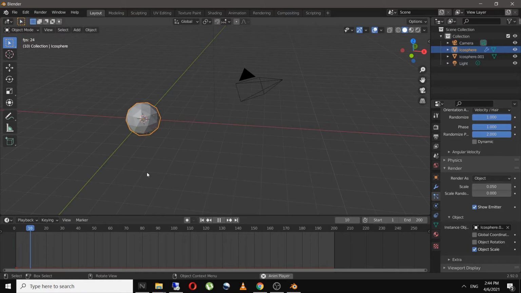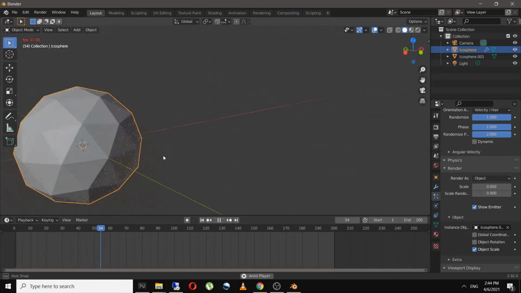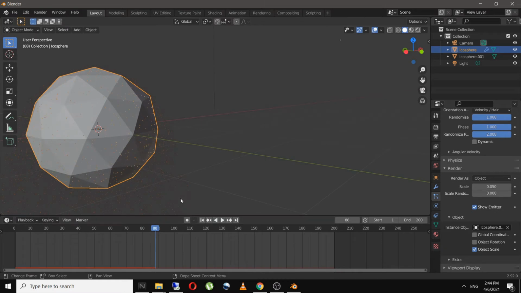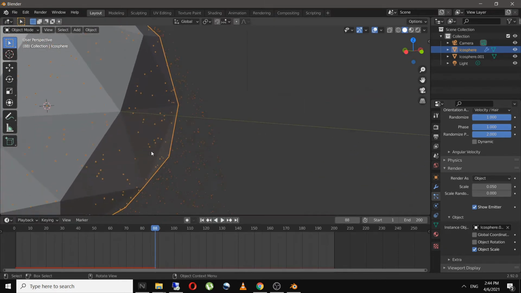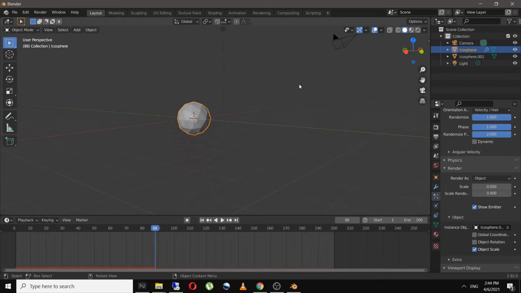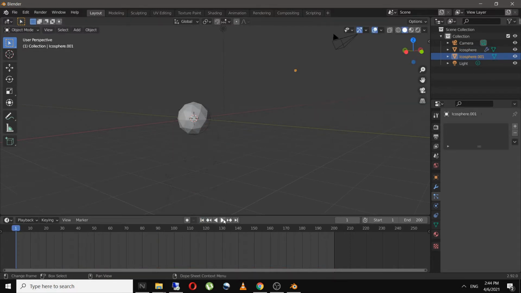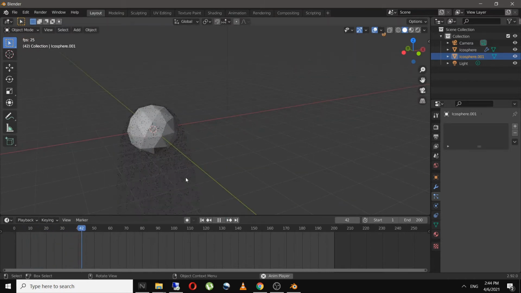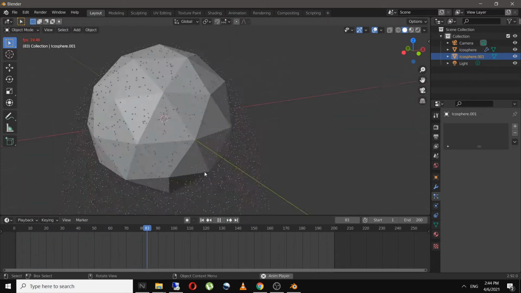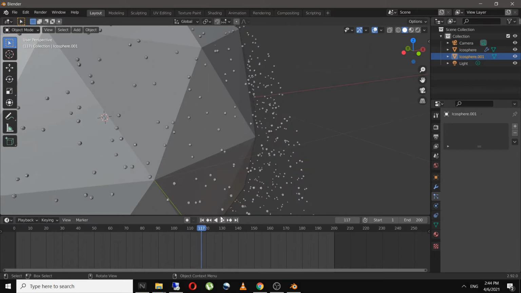And now if we play it, so instead of that round emitter, we have now icosphere emitting from our default icosphere. And if we increase and decrease the size of this, it will affect the emitter in our scene like this.